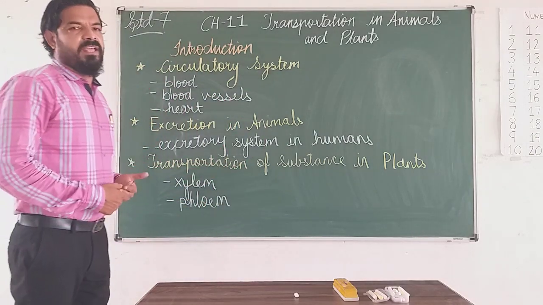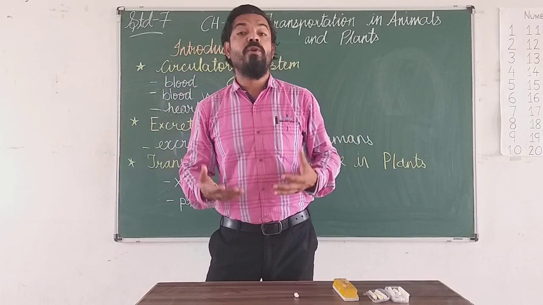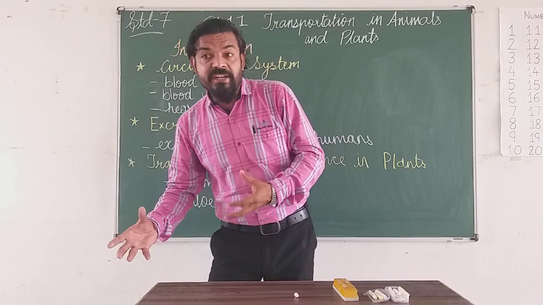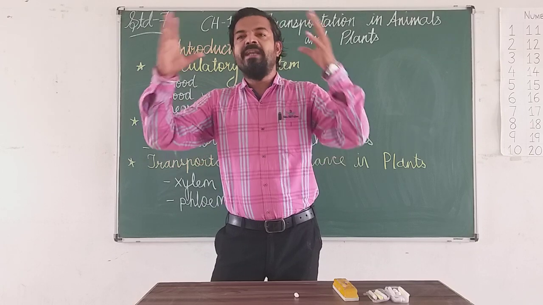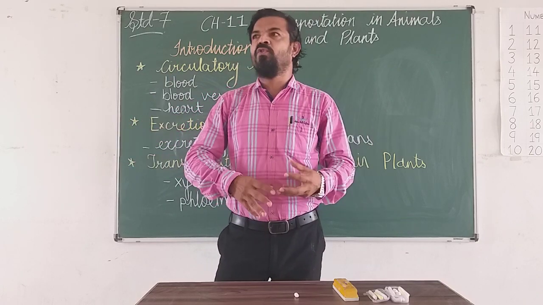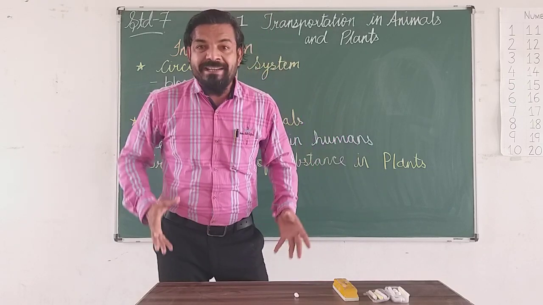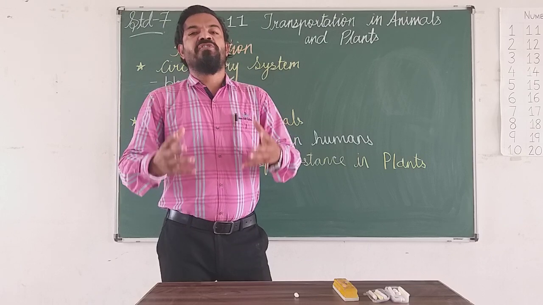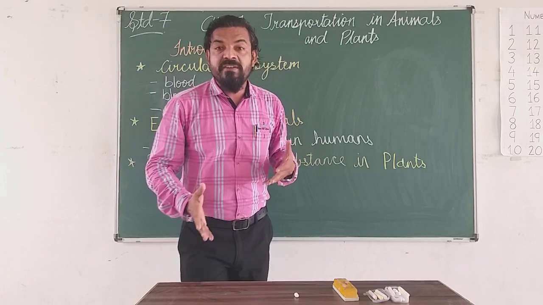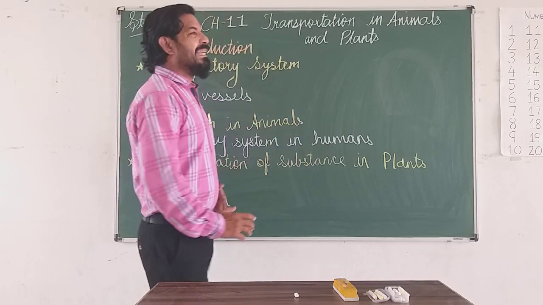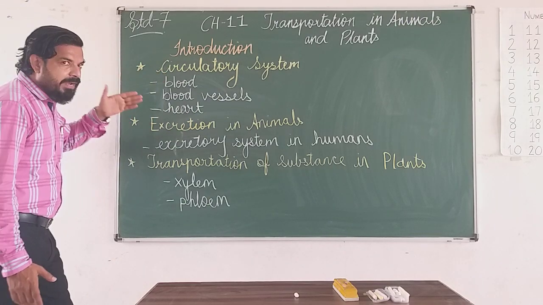Again, one more point we understand. In the circulatory system, as I said, there should be some organs or some kind of motor materials. Suppose you are using a train, so there should be an engine, coaches, and a track, is it? So engine, coach, track, all put together make one system. Similarly, in the circulatory system, you have blood vessels and the heart.